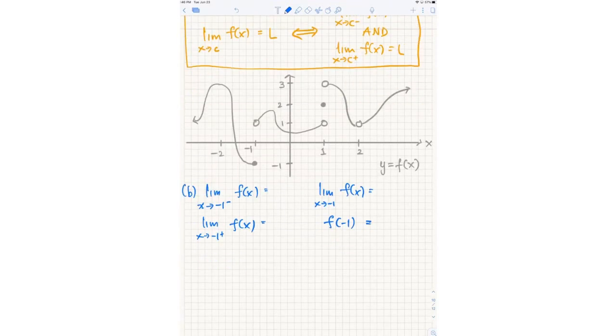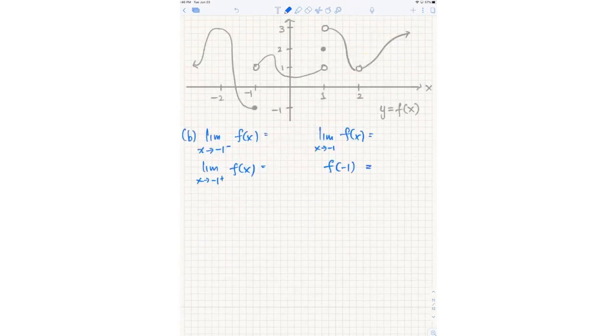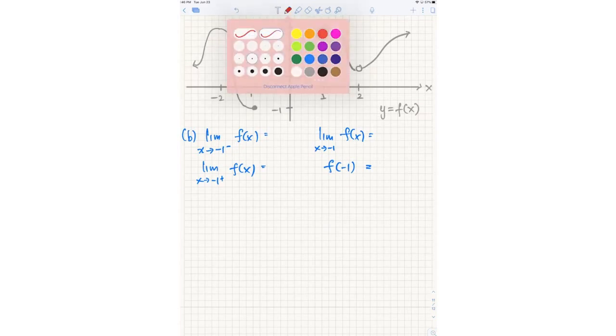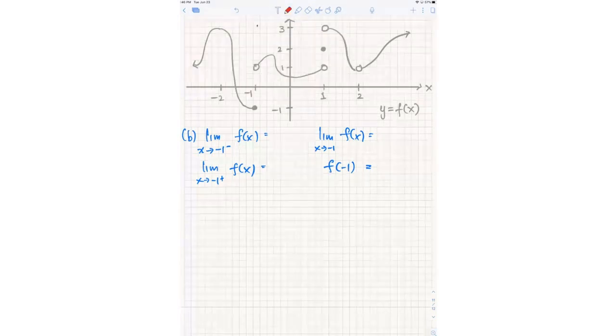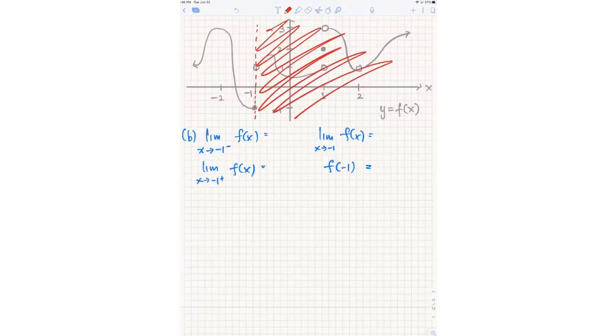Okay, so what would you say here is the limit as x approaches -1 from the left-hand side? So doing this very quickly, if I'm doing the left-hand limit, I draw my vertical line at x equals -1. I forget about the right-hand side, or you don't have to draw this; you imagine this in your head. You block it all out, and then you only consider what is happening